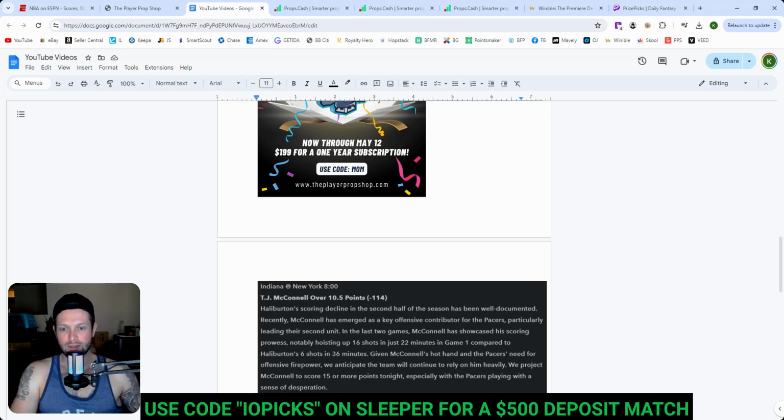Halliburton's scoring decline in the second half of the season has been well documented. He's shooting poorly. Recently, McConnell has emerged as a key offensive contributor for the Pacers, particularly leading their second unit. In the last 2 games, McConnell has showcased his scoring prowess, notably putting up 16 shots in just 22 minutes in Game 1 compared to Halliburton's 6 shots in 36 minutes. Given McConnell's hot hand and the Pacers' need for offensive firepower, we anticipate the team will continue to rely on him heavily. We project McConnell to score 15 or more points tonight, especially with the Pacers playing with a sense